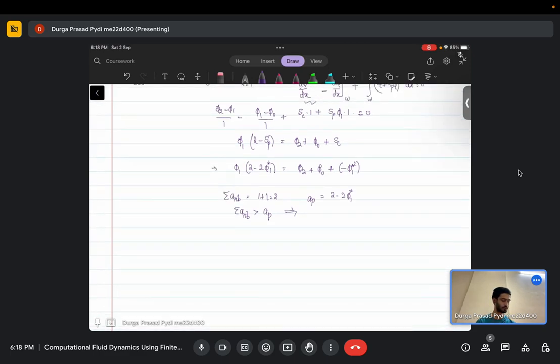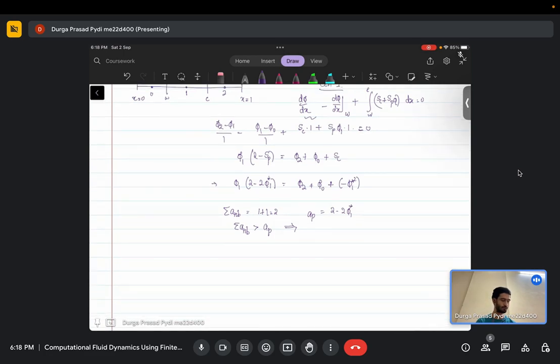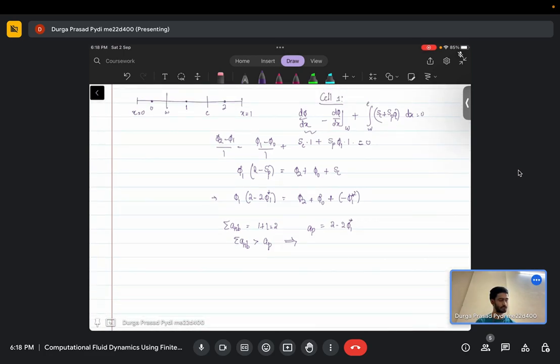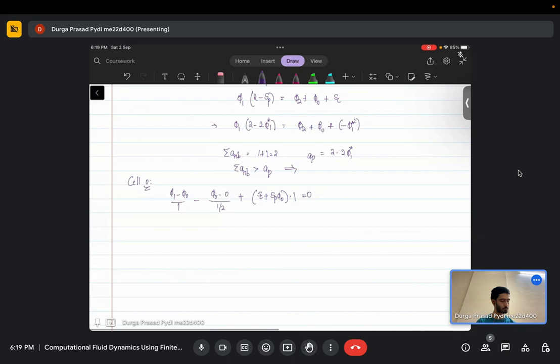But for now we will just write the equations, and then maybe we will see how it differs for different cases. So one approach is this: for cell 0 we will write equations for all the cells. For cell 0 it is again straightforward. You just have on the east face phi 1 minus phi 0, and on the west face you don't have any value. It is just a half cell, and then you have source terms. Just group the terms. For phi 0 you have 1 plus 2, 3, and then you have